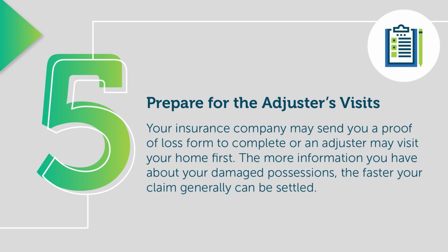And finally, prepare for your adjuster's visits. Your insurance company may send you a proof of loss form to complete, or an adjuster may visit your home first. While this isn't a topic anyone ever wants to deal with, Centric has you covered with these tips and